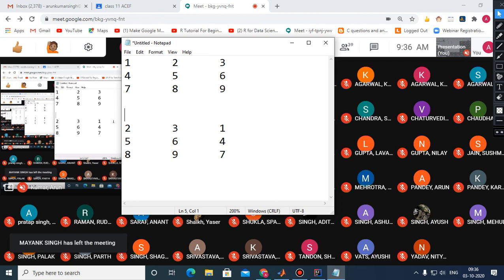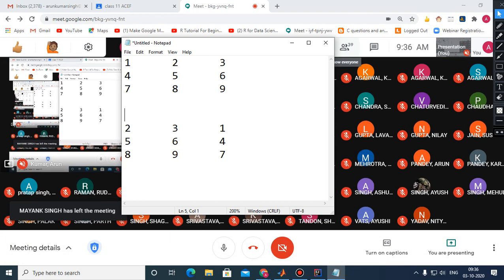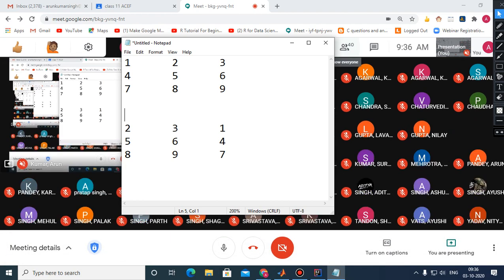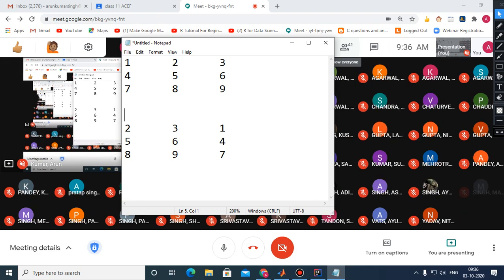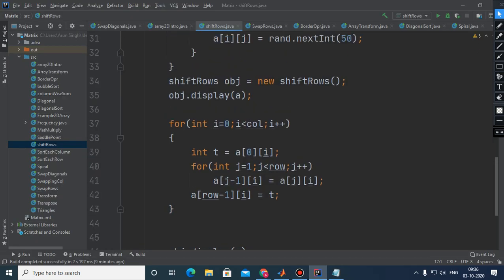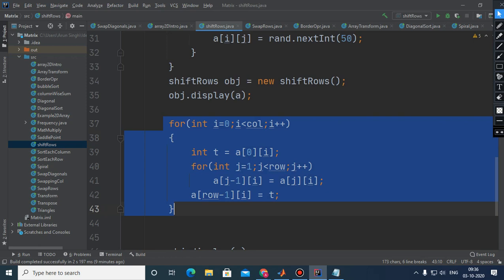Beta, just now I have received the solution from the child with number ending 203. बेटा आपका कोड सिंपल हो सकता था. The code which I explained before, I have given this question of swapping rows. You cannot write the code like this. There is no arithmetic in this case. I'm just telling you.